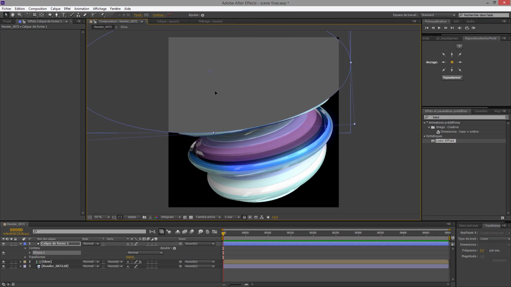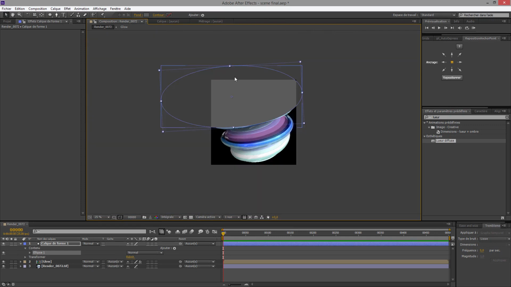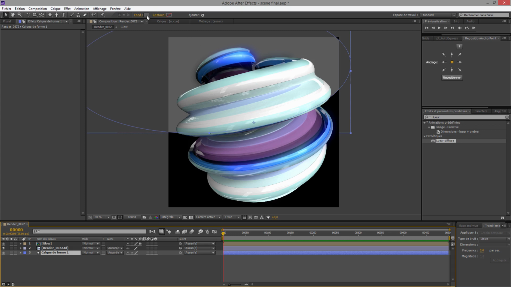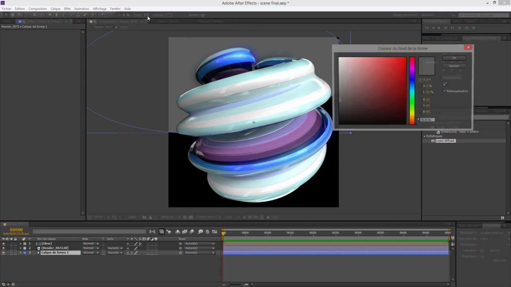And we will put this shape layer down under the list, and change the color. For the moment it's gray, so go to color and choose a color from your design.